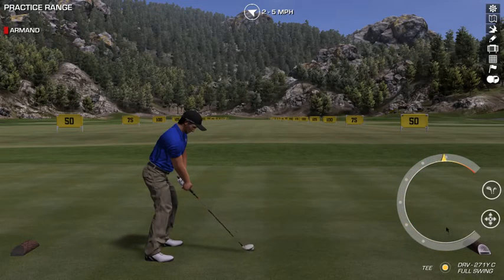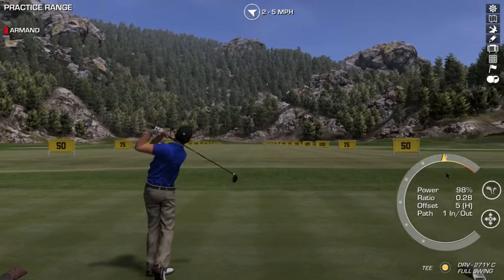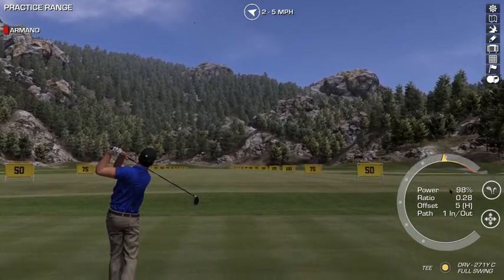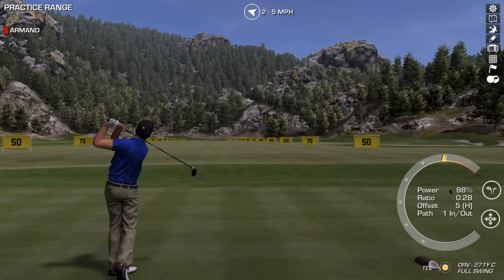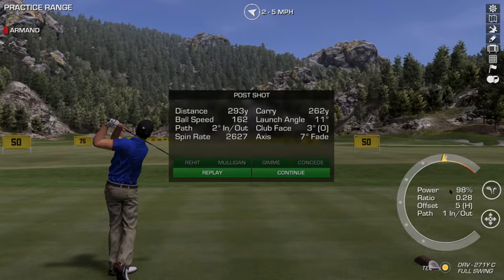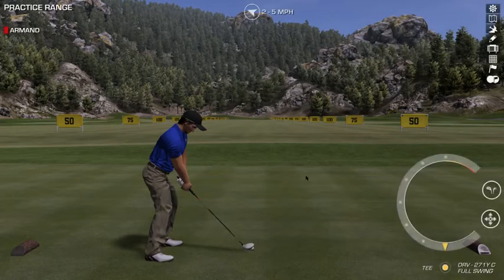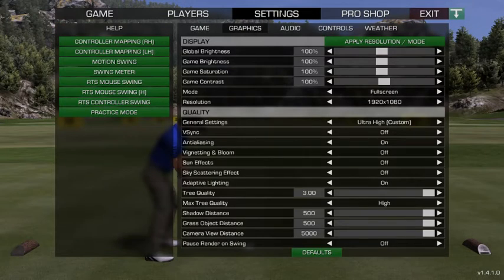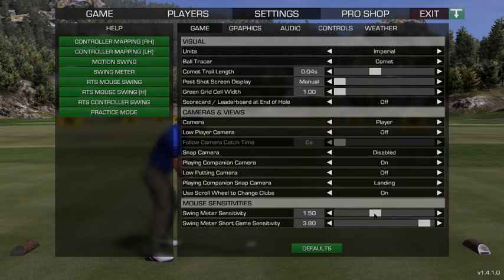So again, you want to develop a tempo such that you get close to 0.25, close to 100% power, or even above 100%, within 3 seconds. That's adjusted by either the movement of your mouse, and also the sensitivity of the mouse. That's under settings, under game. If you set this to what appears to be a lower sensitivity, 0.5 let's say,